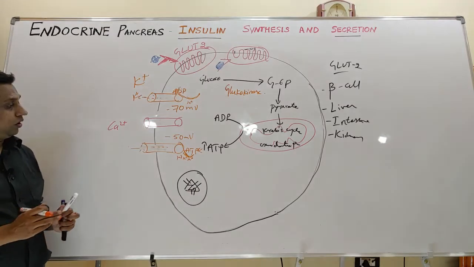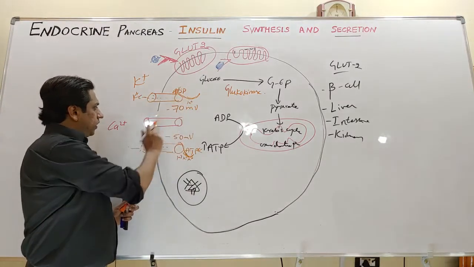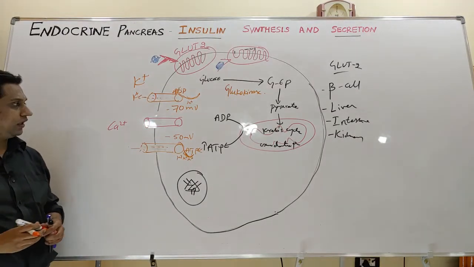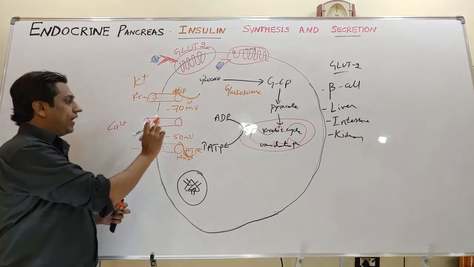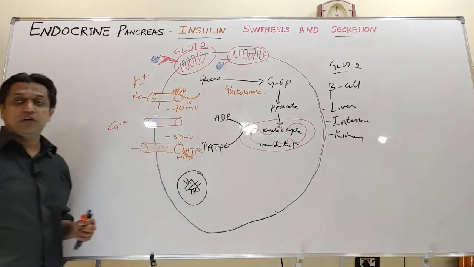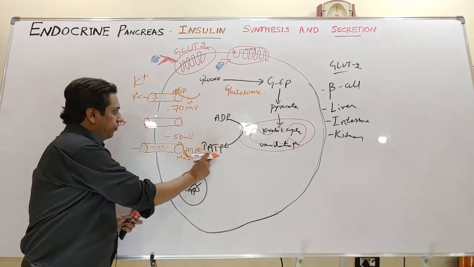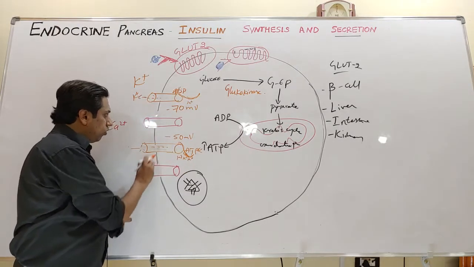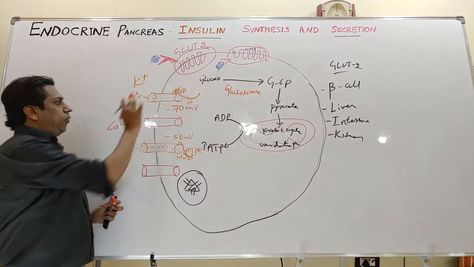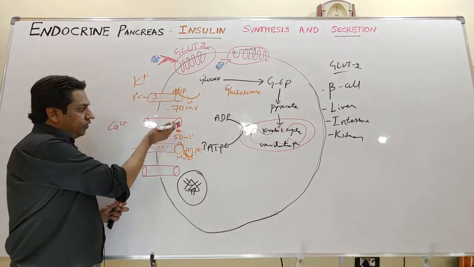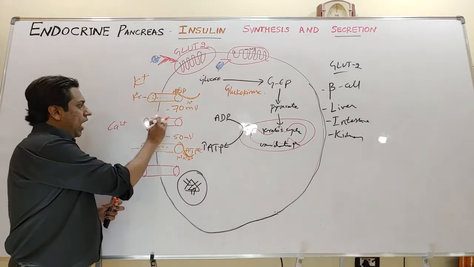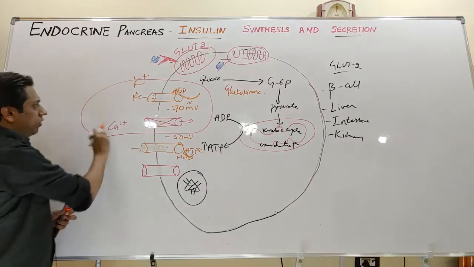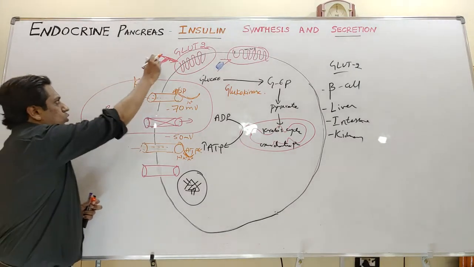Okay, now before that, this is the potassium channel. As I said, there is one more channel, the calcium channel. At the resting condition, this calcium channel is a voltage gated calcium channel. This potassium channel is ATP sensitive. Remember these terms: potassium channel is ATP sensitive, and this calcium channel is voltage gated calcium channel. So when there is no decrease in the voltage, the calcium ions are not entering much inside at the resting condition. What these two channels I have drawn, this is at the resting condition, that is, when the glucose has not entered.